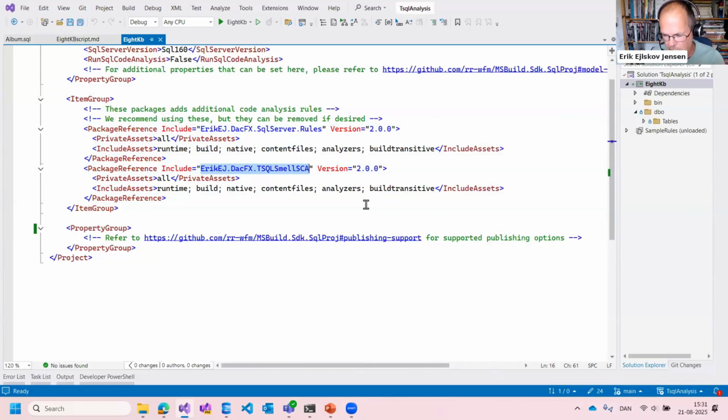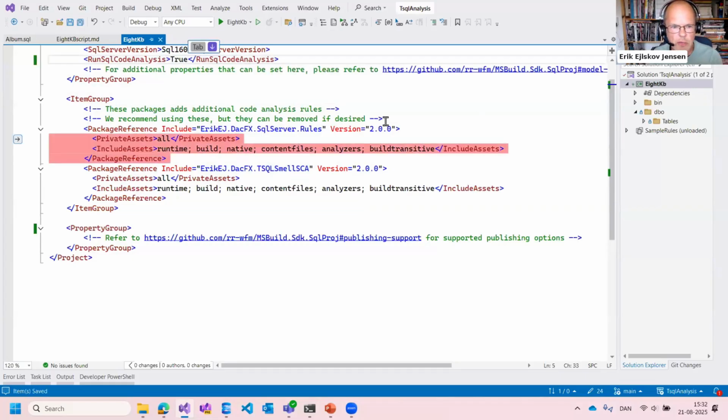They were there on GitHub, but they had not been maintained for over 10 years, so they weren't really usable anymore because software moves on. But I have now made them usable and also added some additional rules based on community feedback and inspiration from other tools and so on. So in all, we now have a rule set of over 140 analyzer rules that you can run against your SQL code base. So we will make this code analysis entry here true